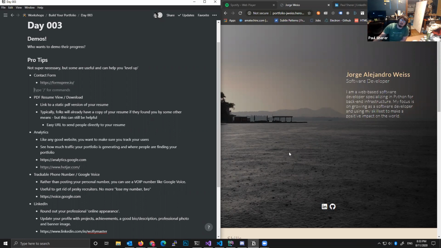That contact form is super valuable because there is always a chance, if you're not pushing it, a lesser chance, but there is a chance that somebody would come across it and want to reach out to you with an opportunity, whether it's freelance or a job or something like that. So I would definitely have some way for people to contact you through the site. Typically it's not going to be used by a recruiter if you were to submit this on a job application. But